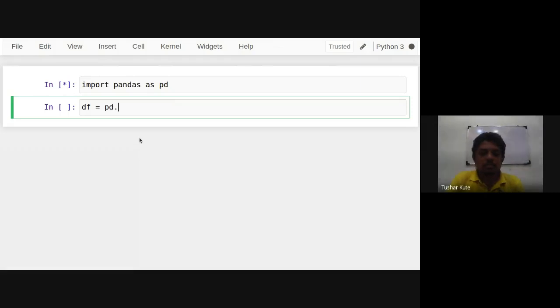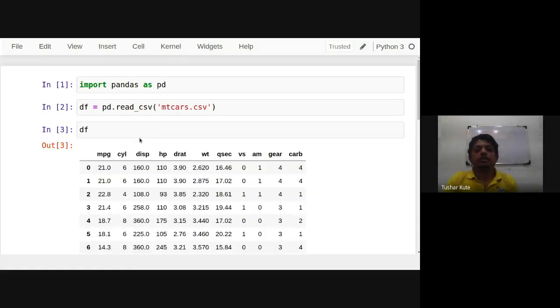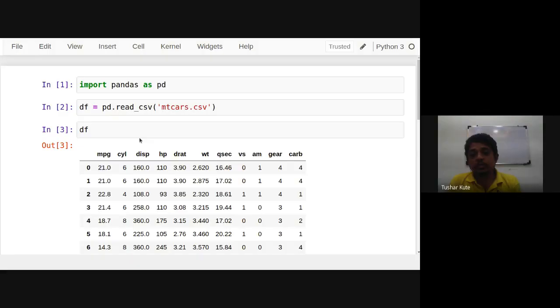It is mtcars, and it includes number of gears, carburetors, and more, all shown in this data frame.